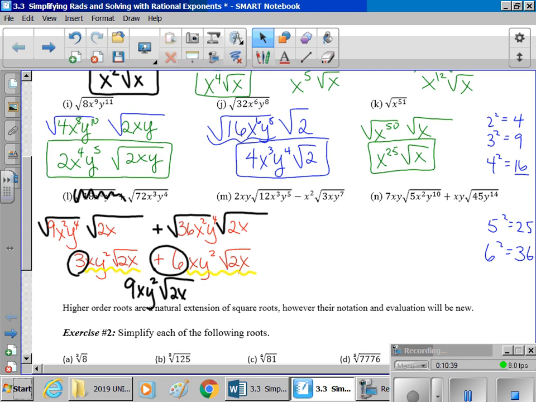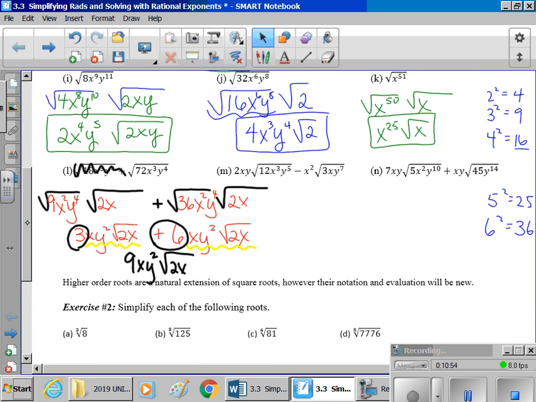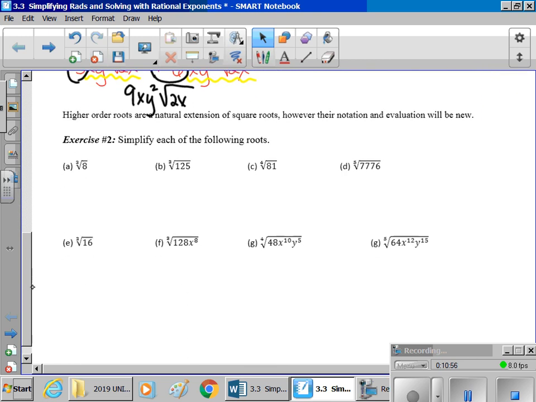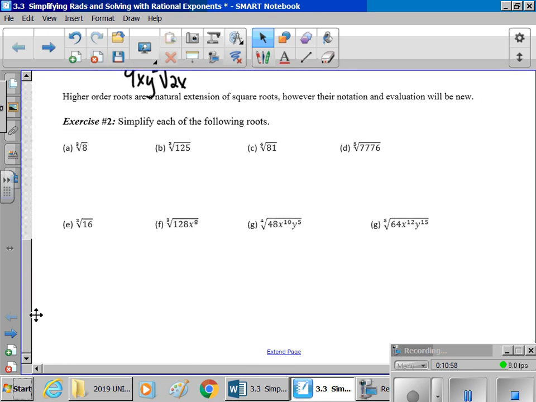So all of that we've looked at in exercise 1, we've really looked at before in algebra 1. I don't know how extensive your teacher took it, but you should come in with that skill of being able to break it down, or at least it should look familiar to you. But here in exercise 2, this is the new stuff. When we start taking our square roots and extending it to the third root, the fourth root, the fifth root, things like that, this is kind of new, but it follows the same exact format that we did with square